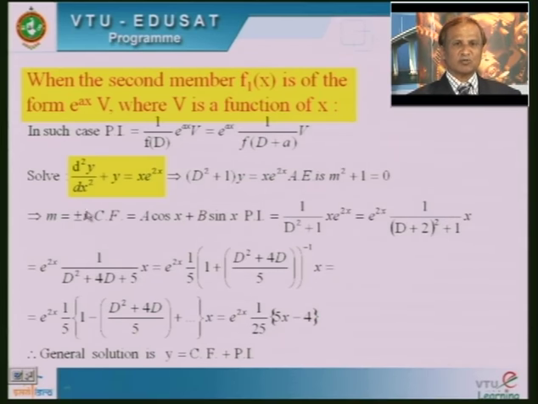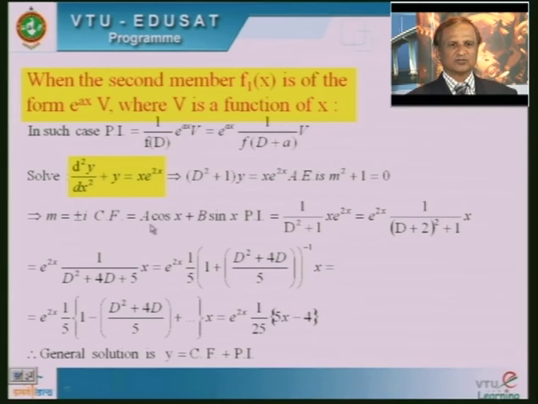So the roots are complex. It is of the type alpha plus or minus i beta. Alpha is equal to what? You can replace alpha by 0. Is it clear? And beta is equal to what? Beta is equal to 1, the coefficient of y. So when we write plus or minus i, it is understood that it is of the form alpha plus or minus i beta. I want you to remember alpha is equal to 0 and beta is equal to 1, because those two values are required to write the complementary function.